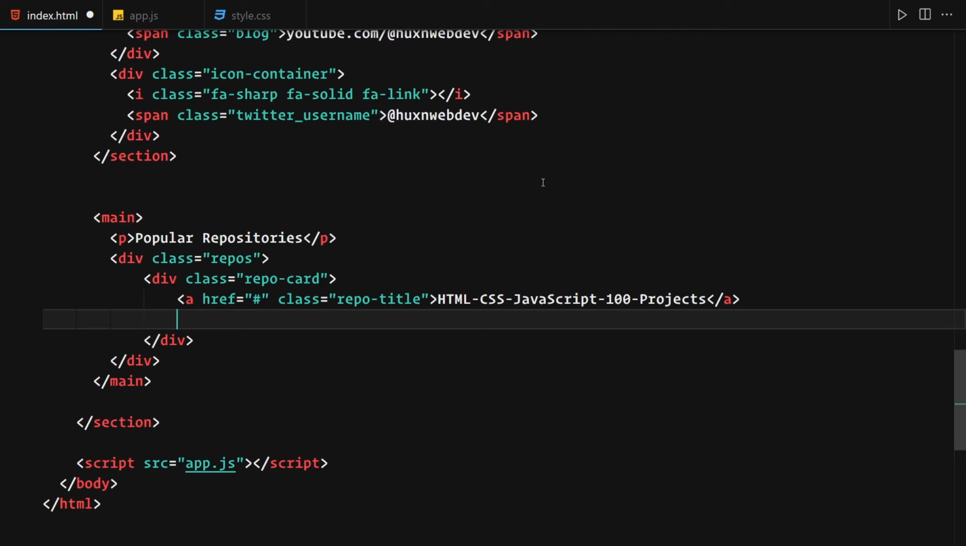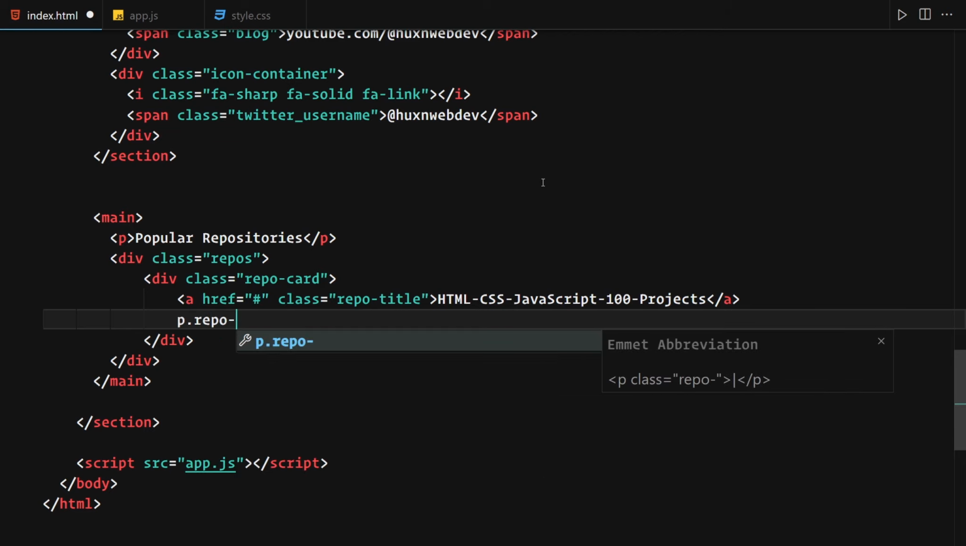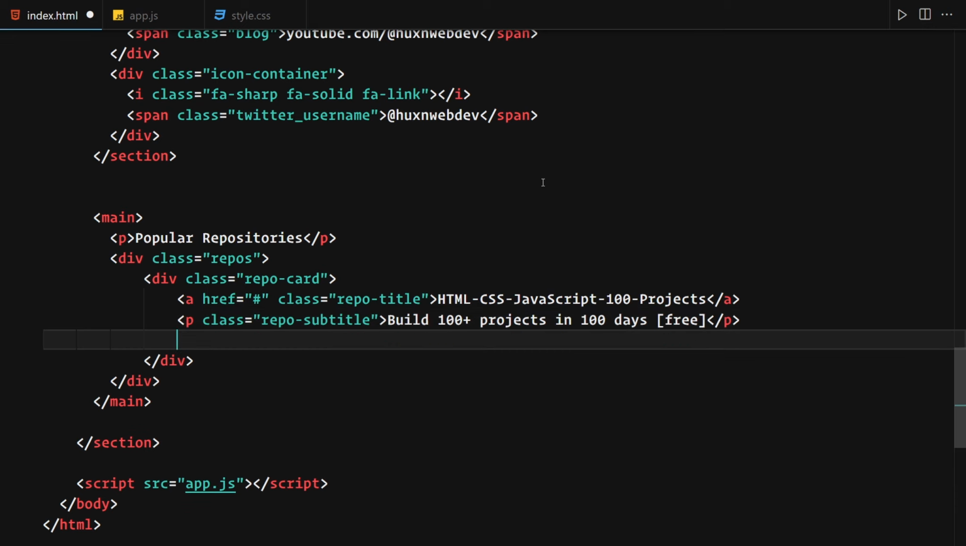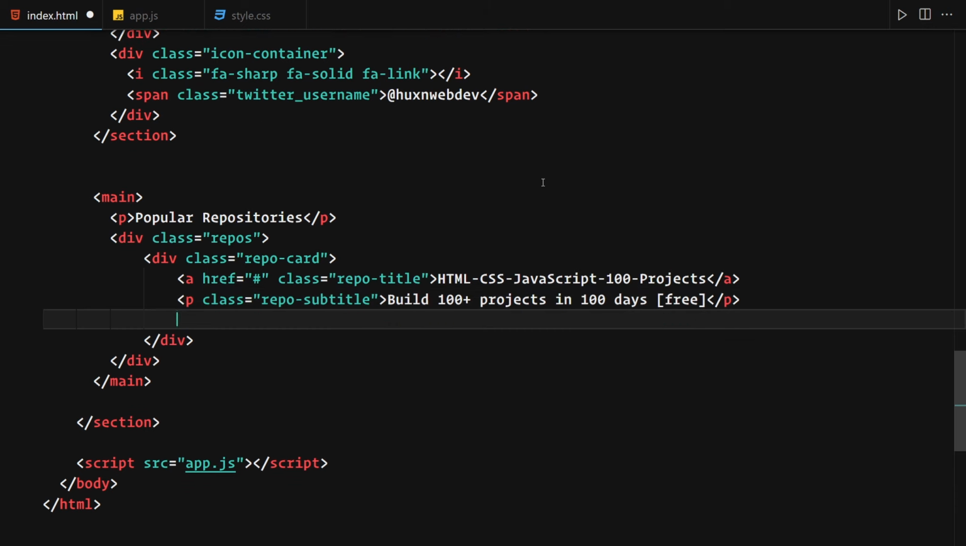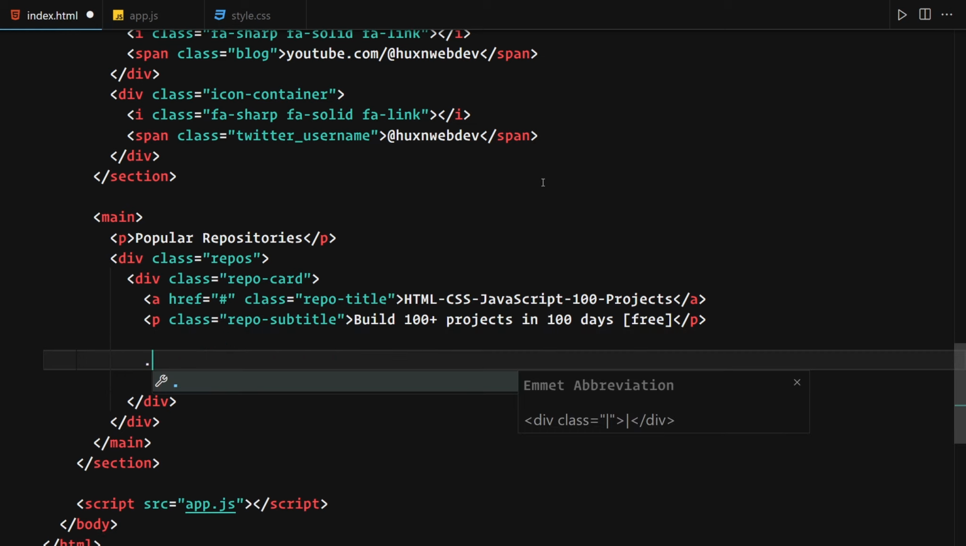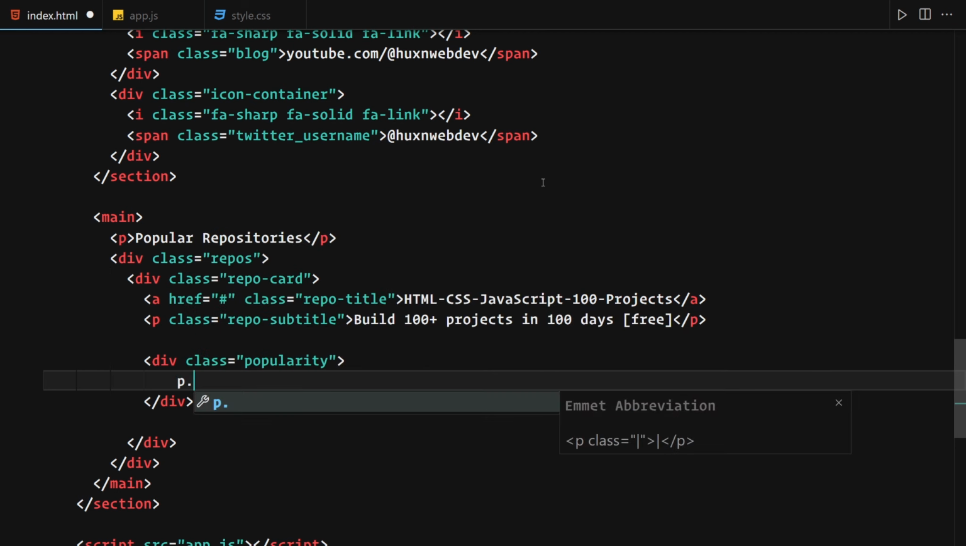And then I'm going to create a paragraph, give a name of like repo-subtitle or something like that, and I'll write: build 100 plus projects in 100 days, totally for free if you want to check it out. Anyway, so underneath this paragraph, what I'll do is that I'm going to write a repository, or not repository, but popularity. Inside this popularity, I'm going to write